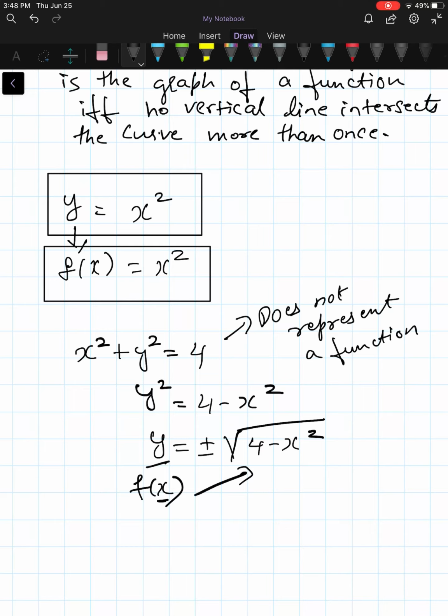I will not be giving any quiz in this video. This will complete section 2.2 of the book. Let's go to section 2.3, where you will learn how to extract information given a graph, various information like domain and range, how to compare two graphs, and how to find local maxima, minima, etc.